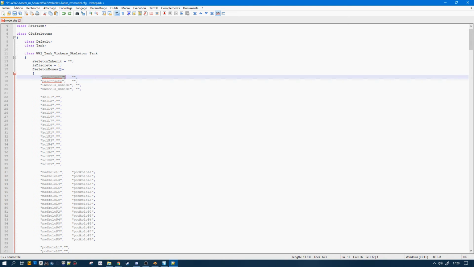So path offset L, if you remember from part 1, is the name of the track and where the track texture is going to move to simulate that it's moving. It's bound to nothing. Same for the right. This we'll ignore and talk about it later, but now the wheels, they are bound to nothing. None of them is bound.